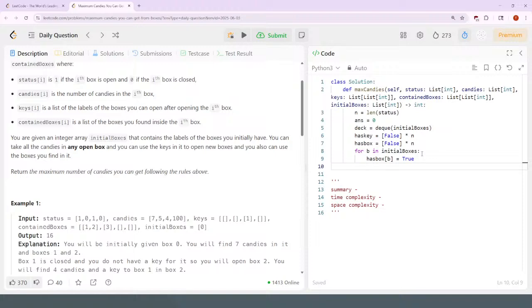Okay, so I can go through while there is a deck. Pop the current box from it. Box is deck.popleft. So what am I going to do with this box? If the box isn't open, then it's just not going to work. So if status of the box,